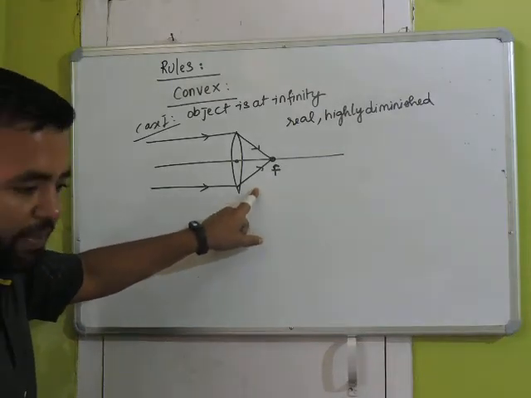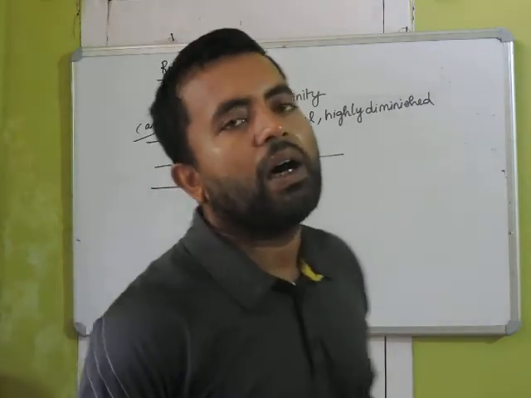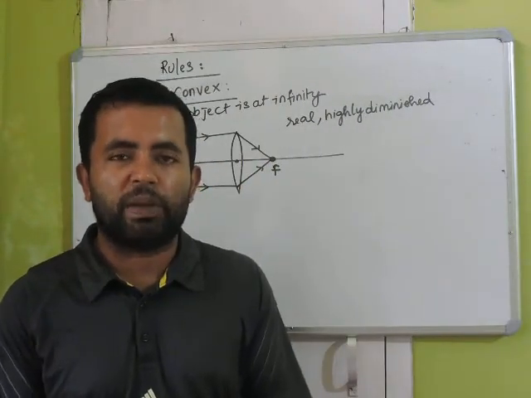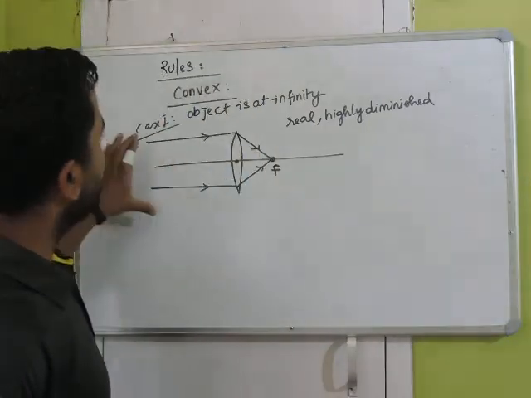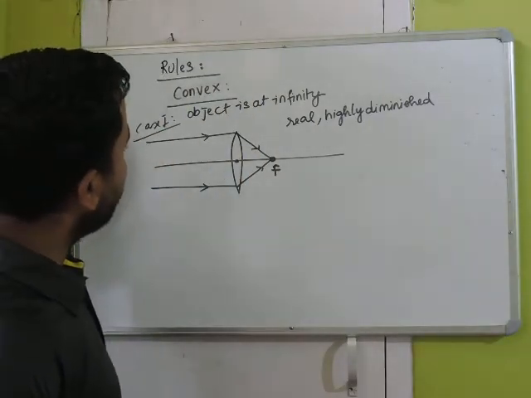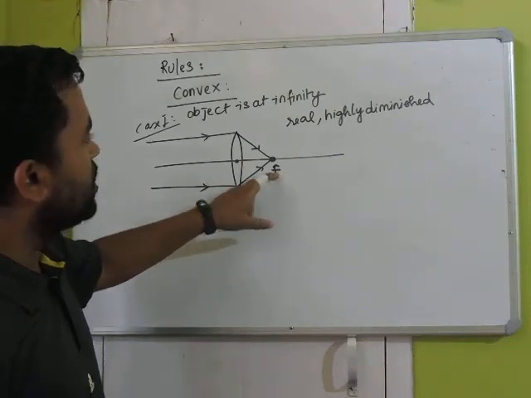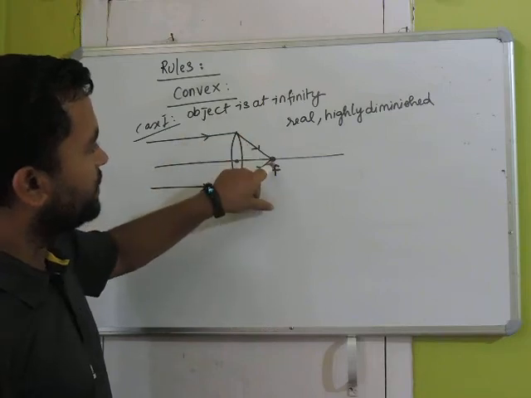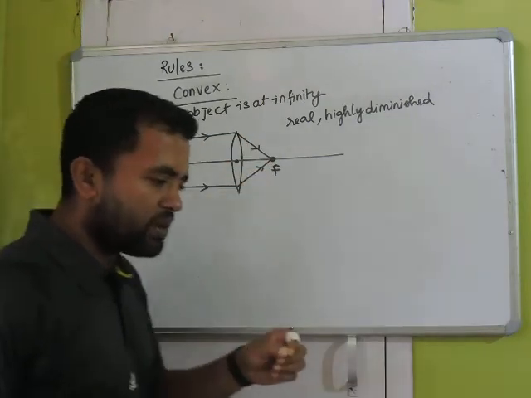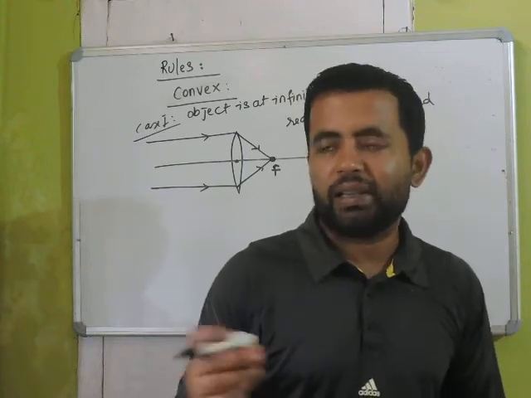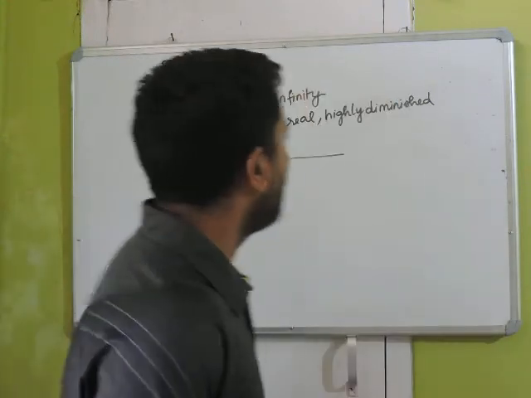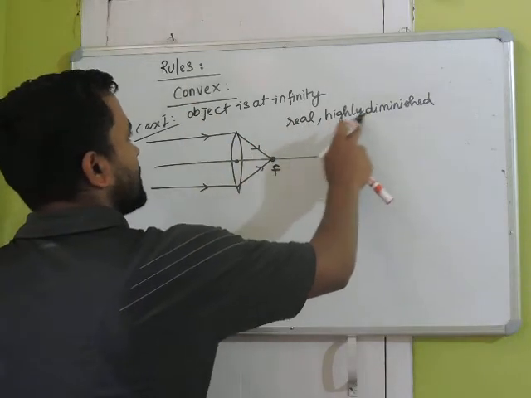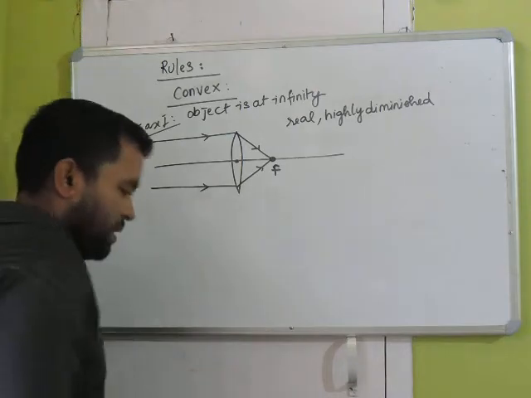So this is an example when you use a magnifying glass to burn a small piece of paper or anything. So you generally cast image of the sun here. Fine. And all the rays coming from the sun converge here, and you can burn a small sheet of paper or anything which is very thin, right? So the image of the sun is real and it is highly diminished. Okay, that is the case.